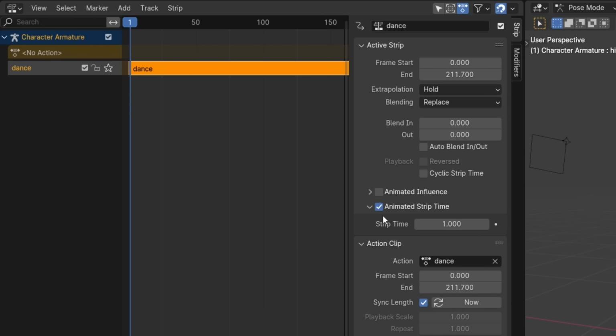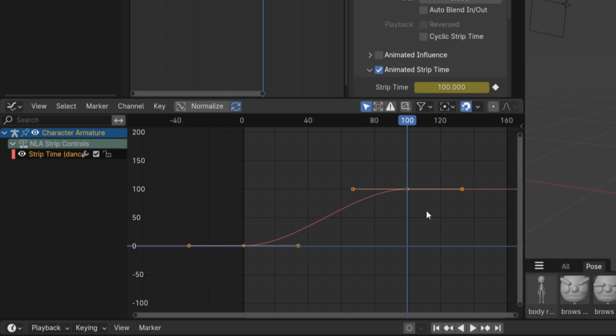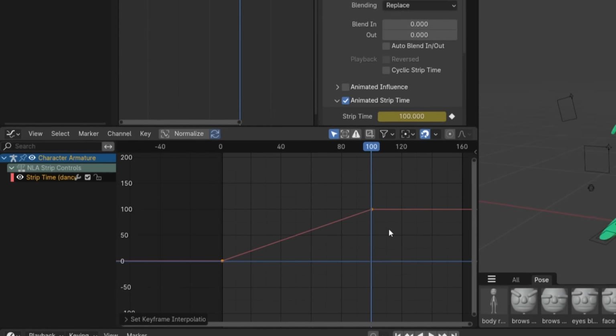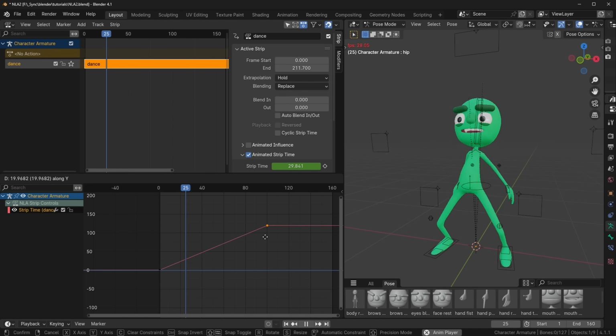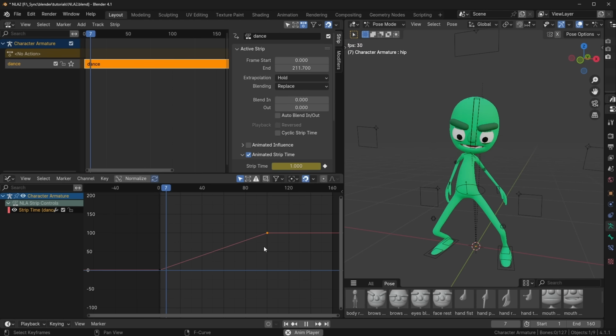which lets you keyframe the speed of an action. With this, you're setting the frame of the action, so if you want it to play normal speed, you can set this to 1 on the first frame and 100 on frame 100. Select the frames in the graph editor, press T, and set this to linear. So this is normal speed, but if you want, you could make the last keyframe a different value to make